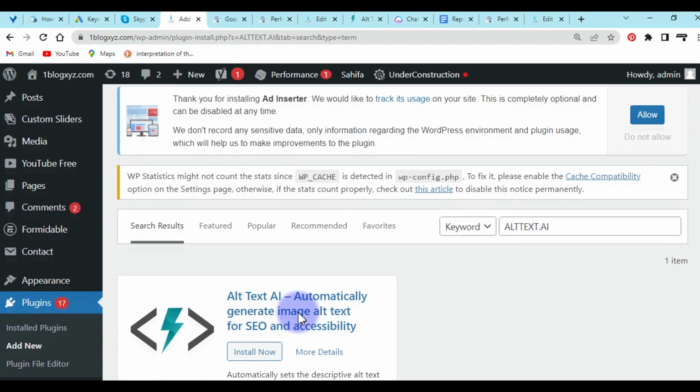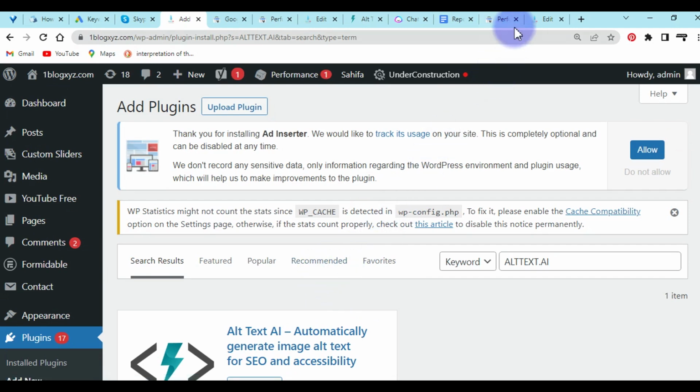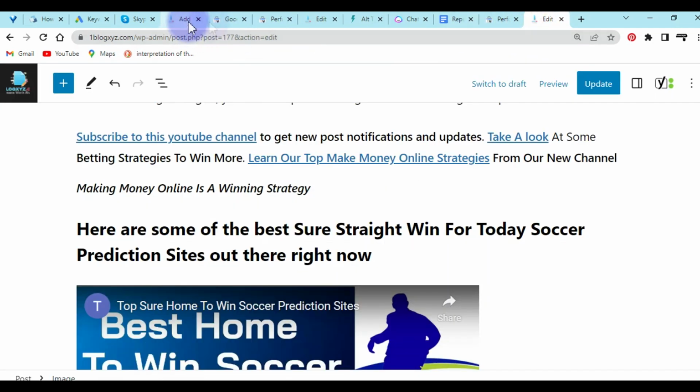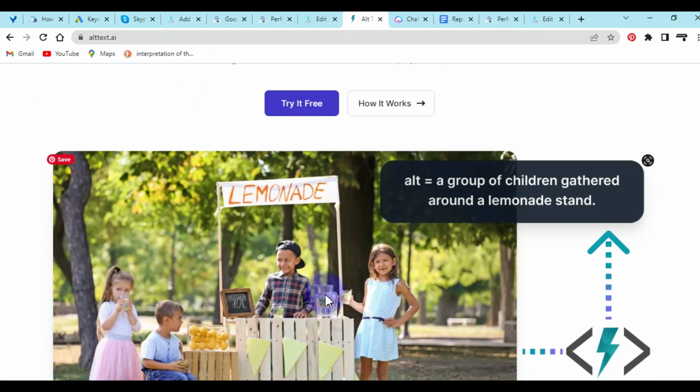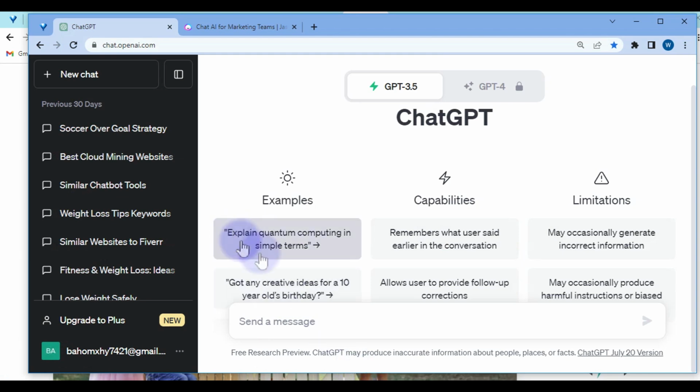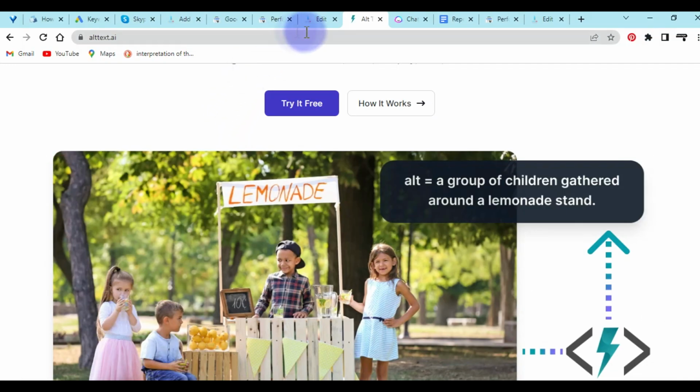If not, then use it as it is here on the front page as you can see here. Just make sure to use it by signing up, or make sure you use other tools such as ChatGPT to do this for you. Ask ChatGPT to create this alternate text for your images and meta description for these images, which will help to boost your SEO. You can as well use another tool such as